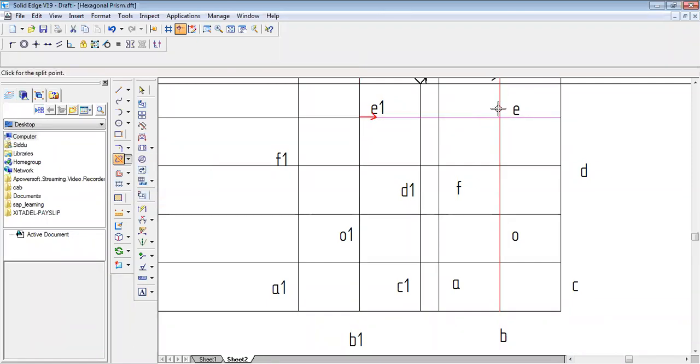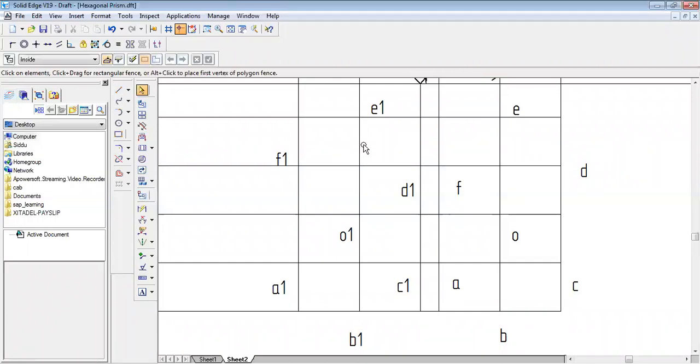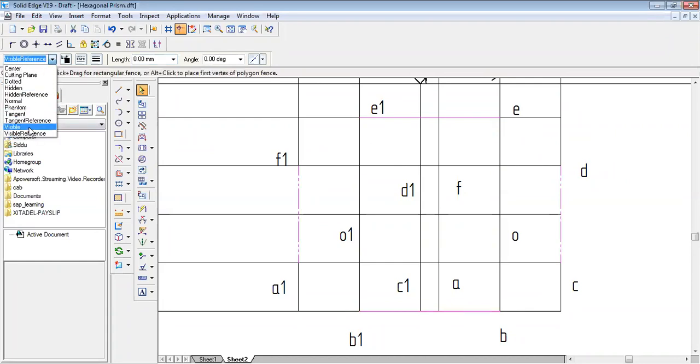So this is my point E1 and E. This is my point T. I'll split it once and for all so that it will be easy for me, right? While splitting, you should ensure that you are selecting exactly at the particular point. Now I think it is done more or less. So points F1, E1, E, D, C, B are all going to be outermost boundary points. Connect them with a thick line.